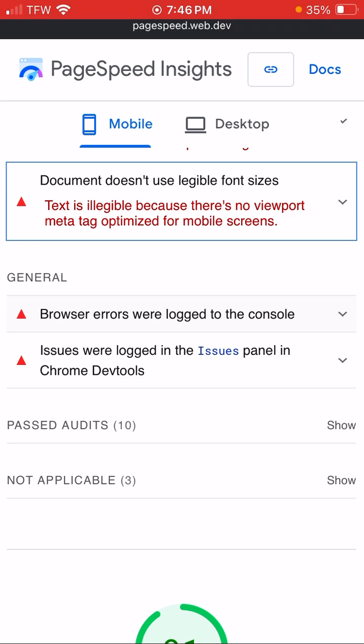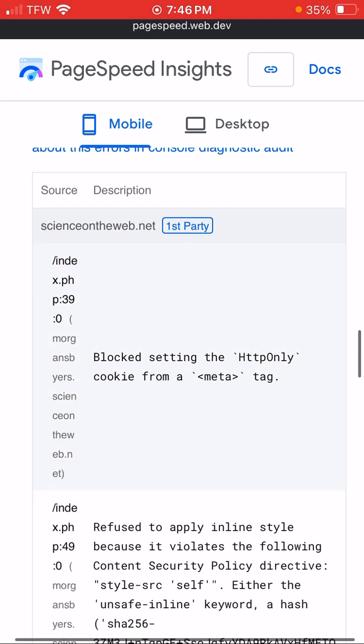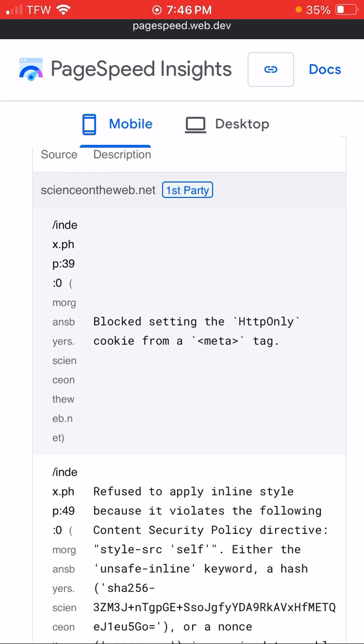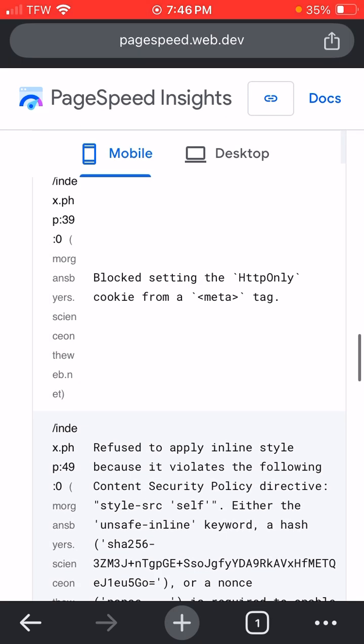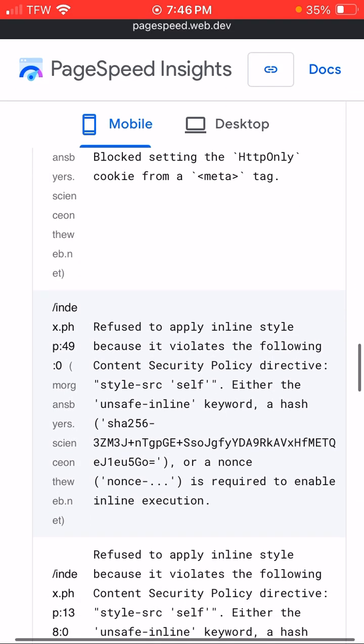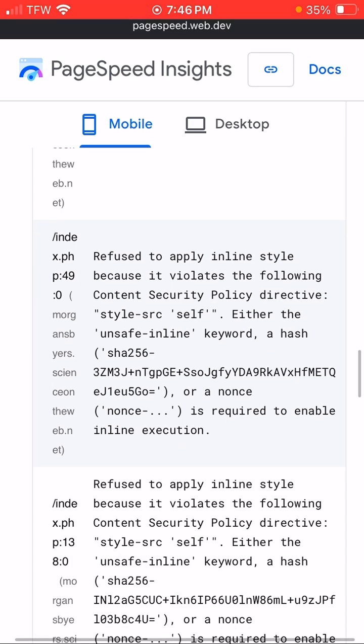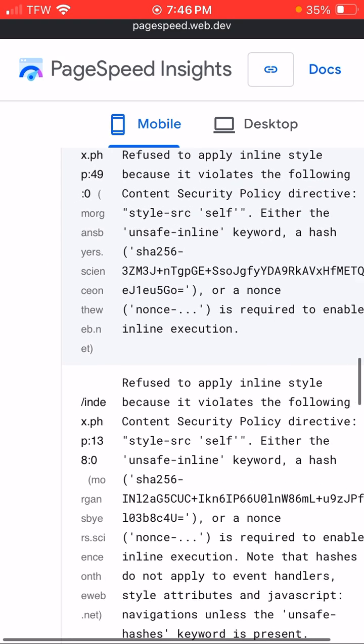Browsers were not logged to the console. Let's see here. Browser not logged to the console. Block setting, HTTP only cookie. Yes, I have to take it off here, but then again, I might leave it on there depending on what other people want to do with theirs, because they might want to use that. There's also the